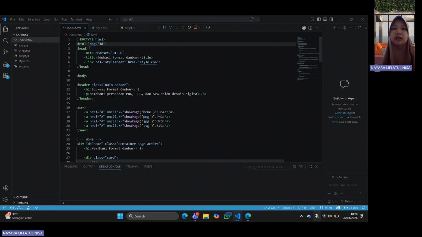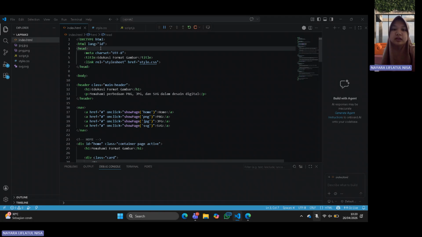In the beginning, I use the doctype HTML declaration to define that this document uses HTML. Then I set the language to Indonesian using lang id.